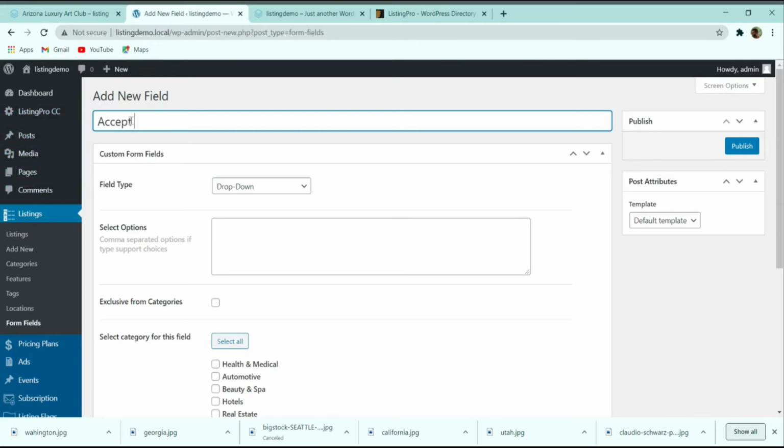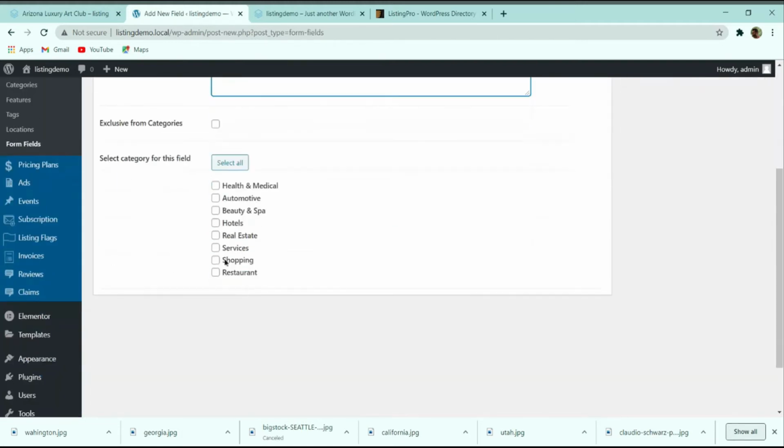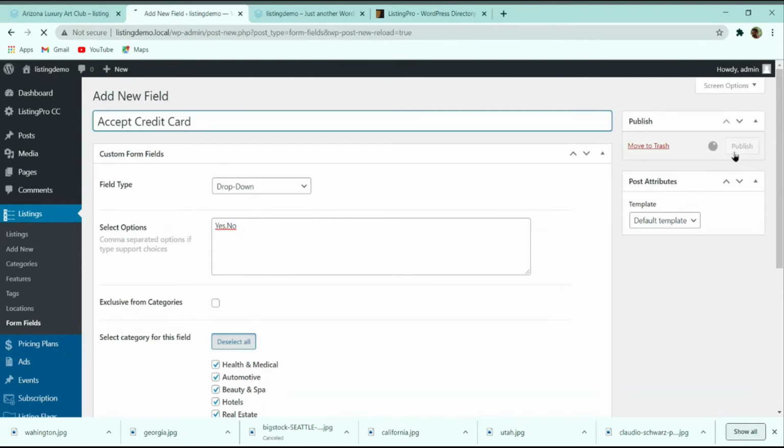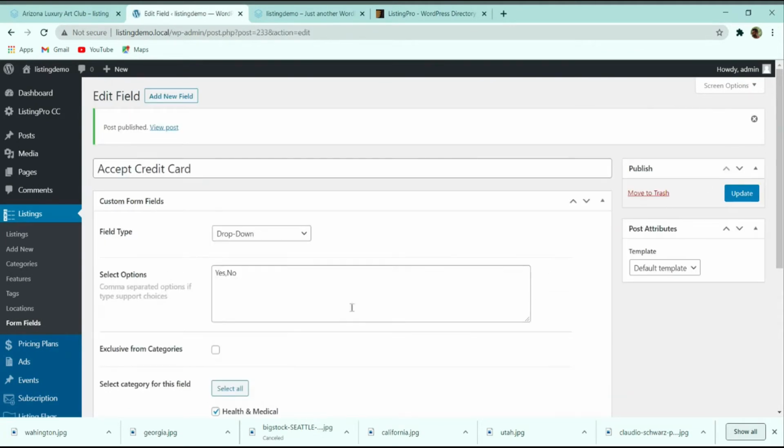You want to ask accept credit card, and then they have to answer yes or no. To give it the options, you have to type yes comma no, so that these are the options, yes or no. And then select the categories for which you want to add this field, you can select all those categories, and then click on publish.